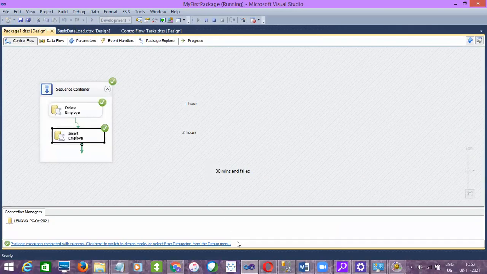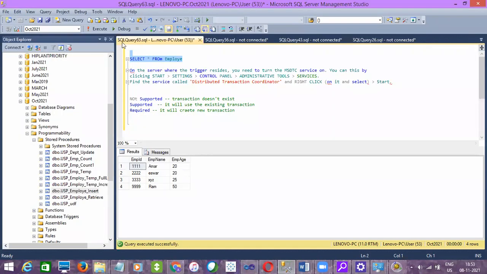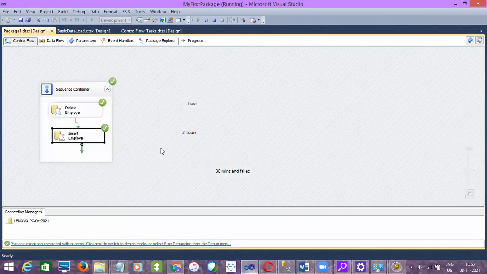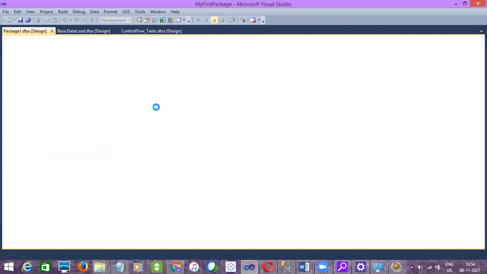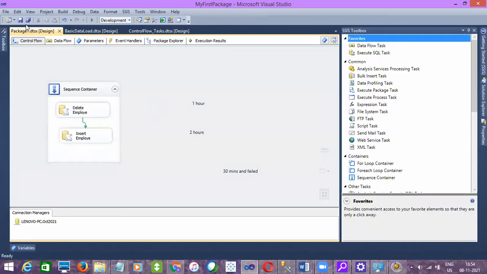Both the tasks ran fine. And if you go to your table and check it, you cannot see data. Why? Because both the transaction tasks ran fine. That's the reason why you cannot roll back the data. Why? Because the transaction is complete, fully completed. If there is a partial transaction, like in the previous scenario, it got failed, the previous transaction also will get rolled back. So in an interview, if they ask what are the transactions in SSIS?